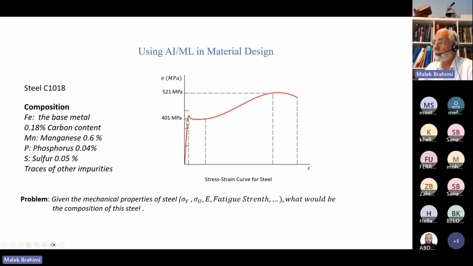أنا اخترت different properties هنا, different numbers, and I said I do the opposite. من هنا I want to go here. Now from the curve I want to go back. I want to see what type of steel I am going to have. هذه it's very important, وهذا اللي راه مهتم به الآن, the AI and ML use in material design. It's really getting so much attention, and a lot of research is happening now.